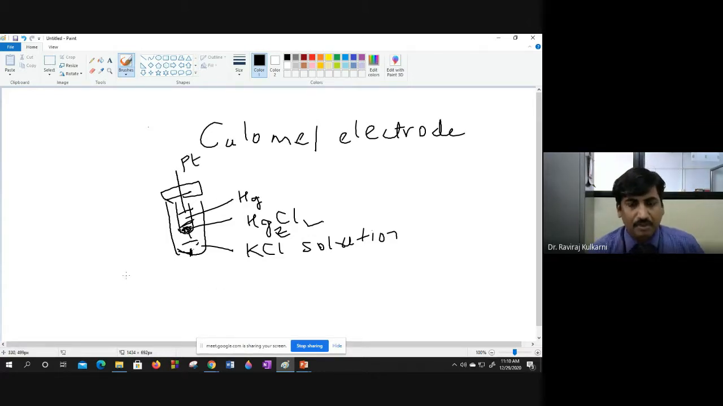So when I say calomel electrode can be used as a reference electrode, it should have constant potential with respect to the standard hydrogen electrode, and it should behave both as anode as well as cathode. As anode,